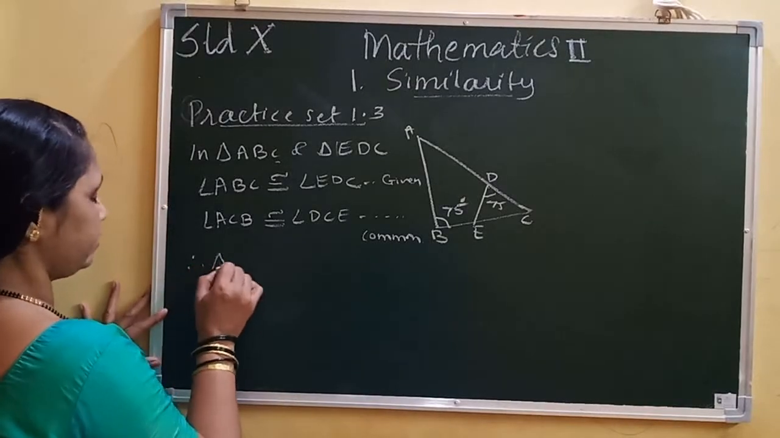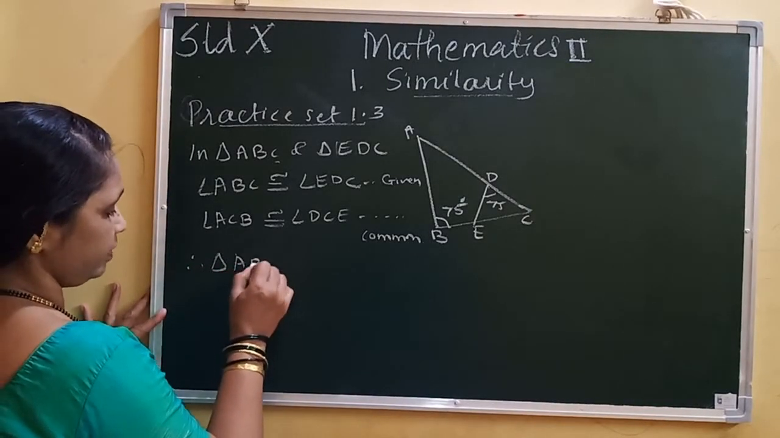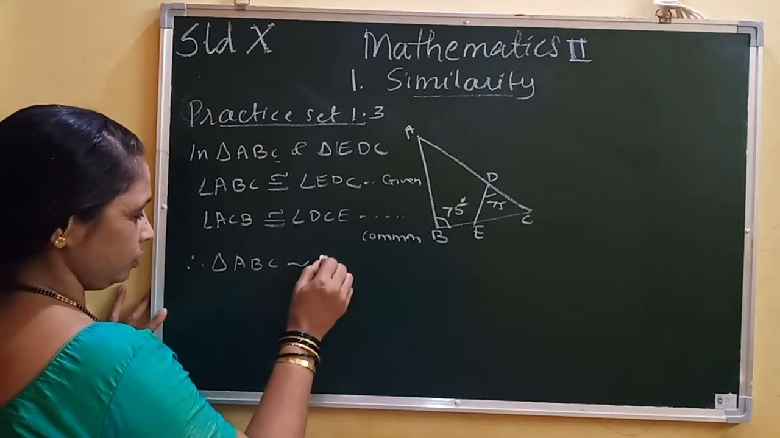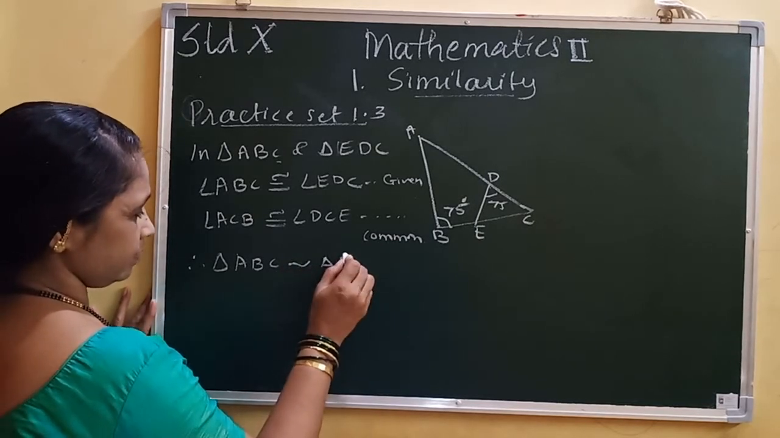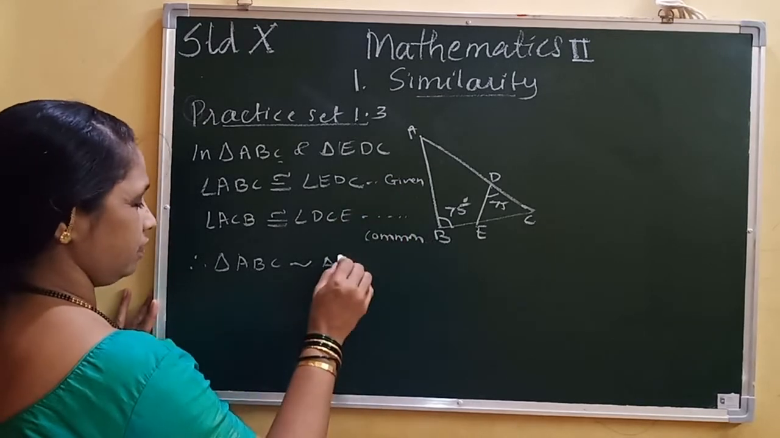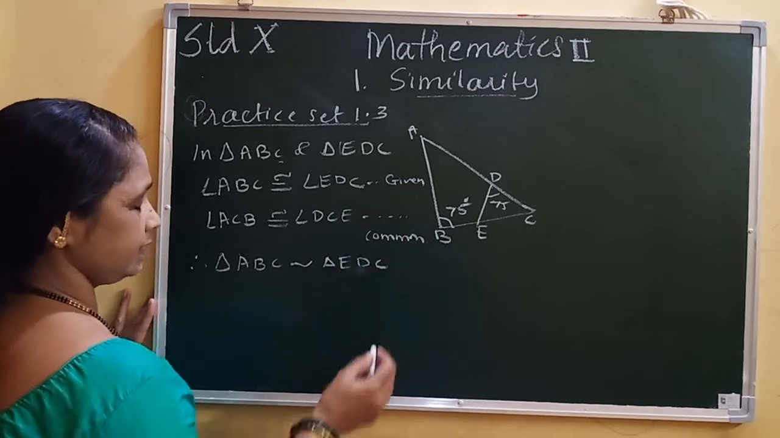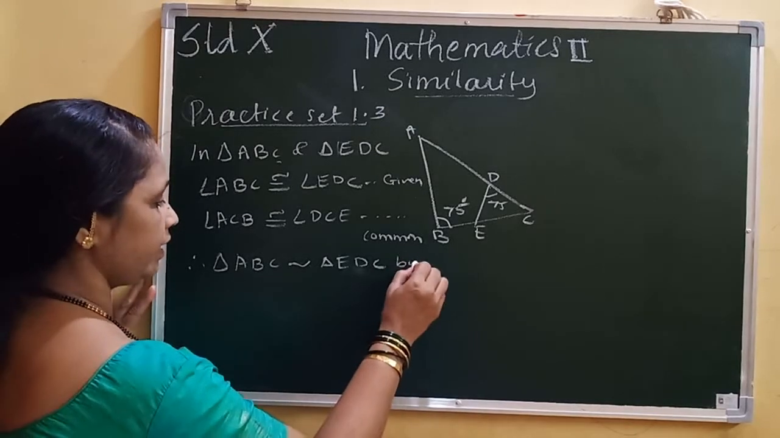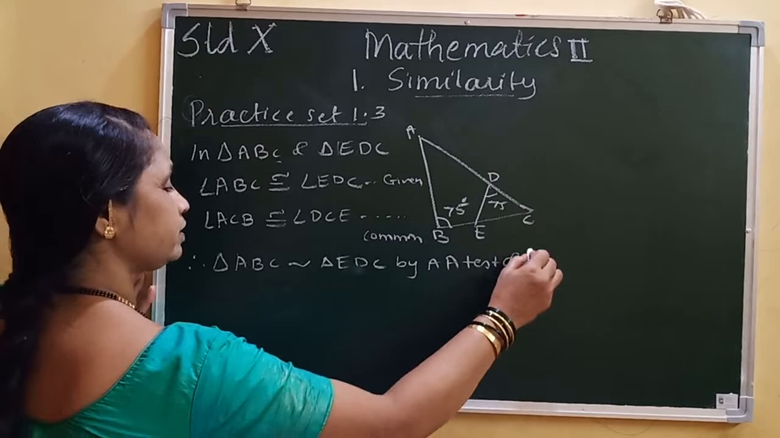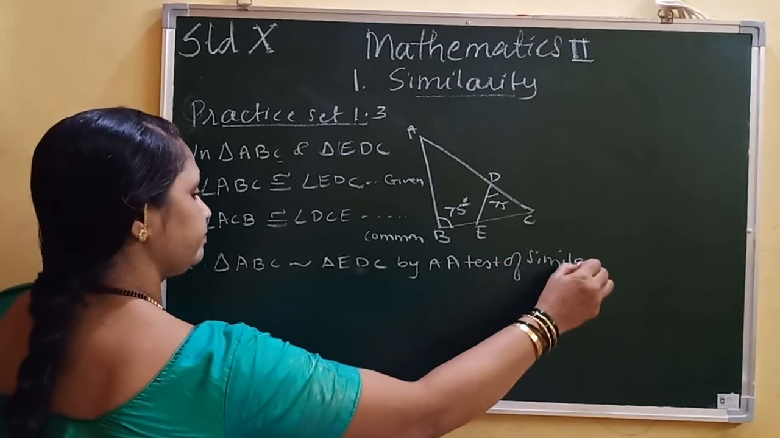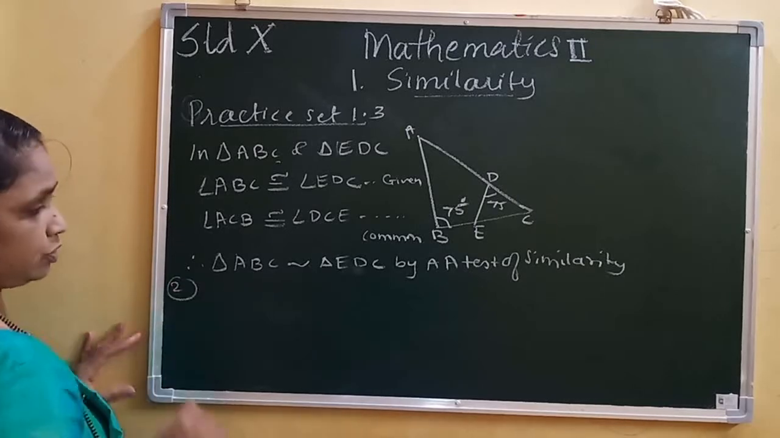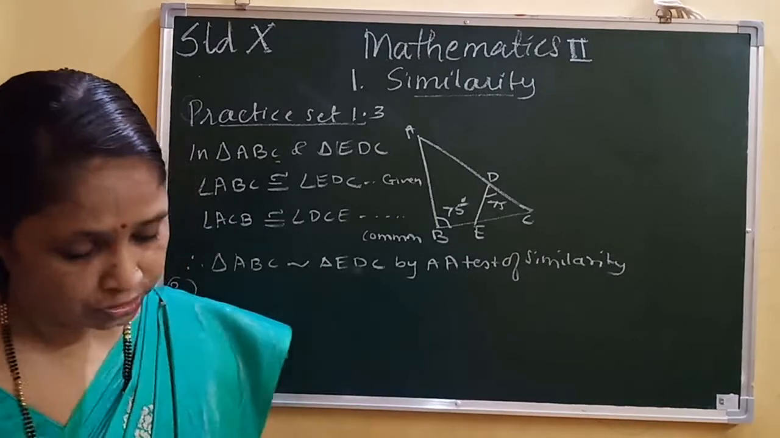Therefore triangle ABC is similar to triangle EDC by AA test of similarity. Okay, now by AA test of similarity, these two triangles are similar. Now next question, see,